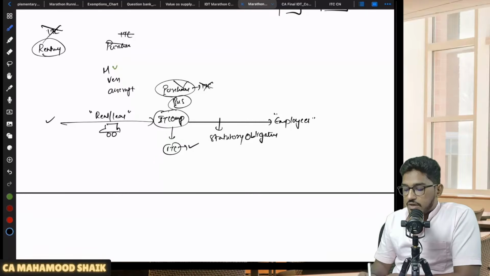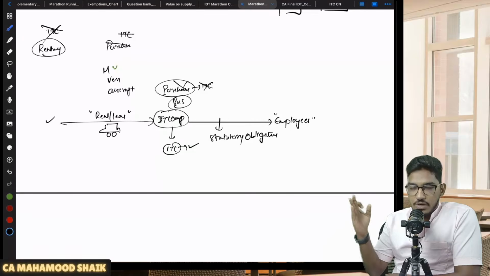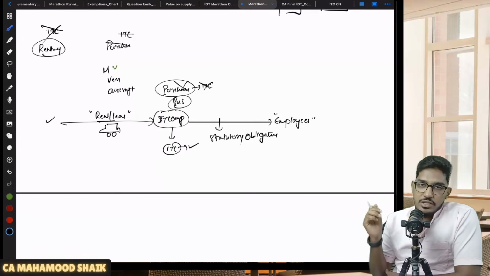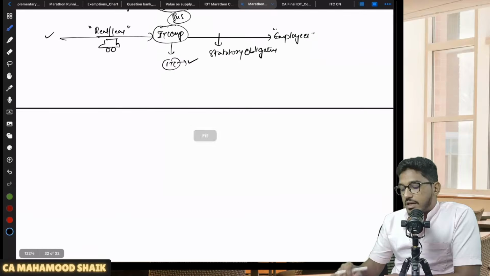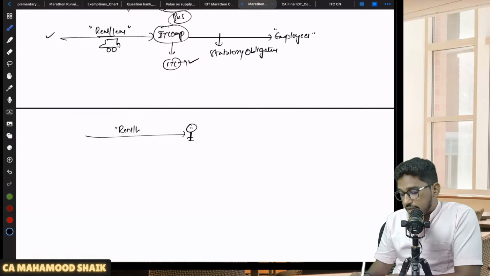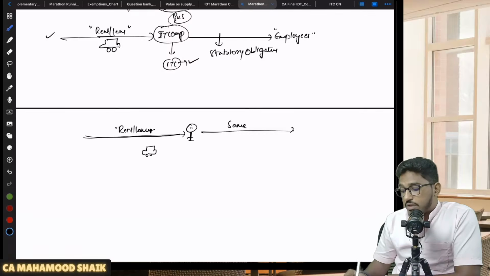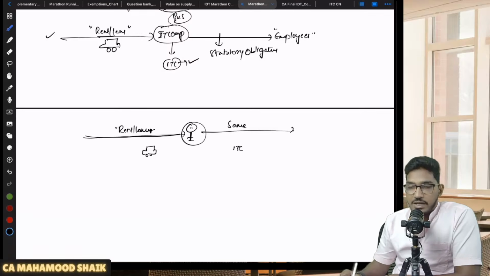So one exception for renting or leasing of motor vehicles where they can claim the ITC is where the recipient is using that service to provide facilities to the employees under a statutory obligation. And one more case where ITC on renting or leasing of motor vehicles is allowed is, let us say, you are getting the services of renting or leasing a motor vehicle, and you are also doing the same line of business, the same kind of outward supply. You are taking a motor vehicle on rent or lease, and you are also giving motor vehicles on rent or lease. That means if your inward supply and outward supply are both the same, then you can take ITC because you are in the same line of business.